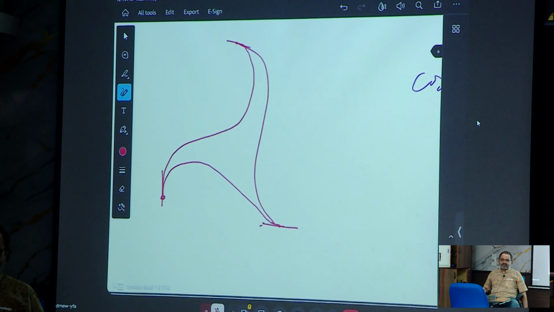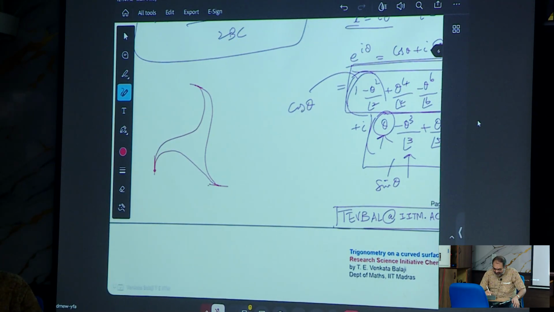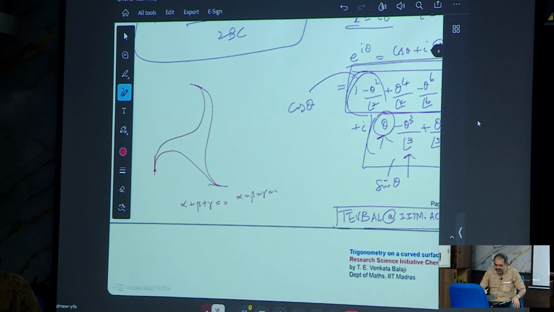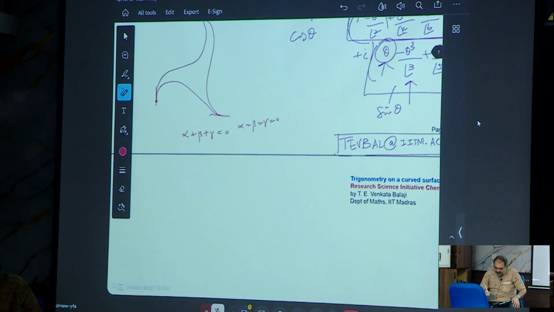Okay, I can do this. All right, and then I can do something else. So let me write this: alpha plus beta plus gamma is 0. So alpha equal to beta equal to gamma is 0. This is possible. Then, of course, I can do this other thing, namely, I can take these 3 points and take these 3 lines like this, and then I can do this, namely,